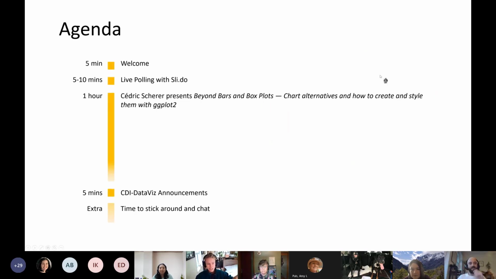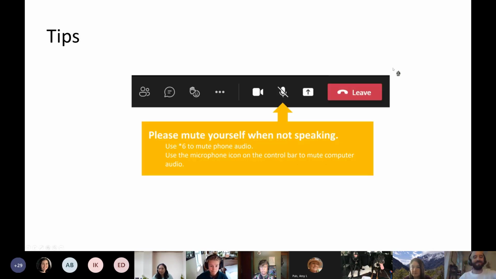Here's our quick agenda for today. We're in the middle of giving an orientation right now. I'm going to spend a few minutes and do some live polling, for folks who've used Sli.do before, just to see who's out there and what familiarity people have. Cédric has sent some questions in and we've included 1 or 2 of our own, just to get to know each other through this weird remote distance webinar situation. And then at the very end, we'll have Q&A, questions, announcements, and then we're going to stick around and chit chat. The whole point of hosting these webinars is to get to know each other. So please, if you have time and interest, you're welcome to stick around and chit chat with all of us.